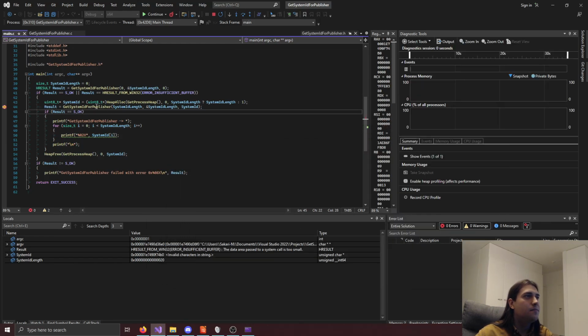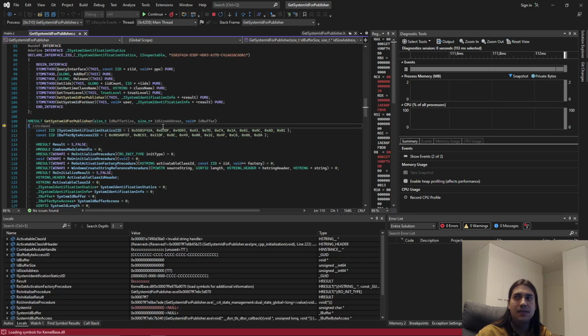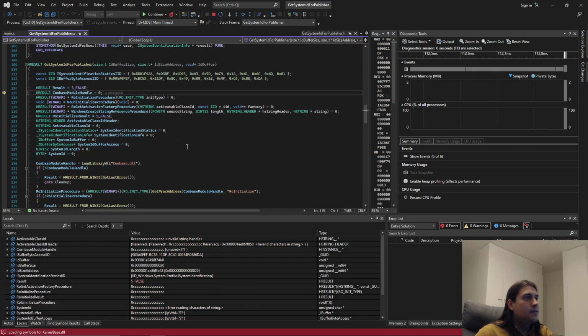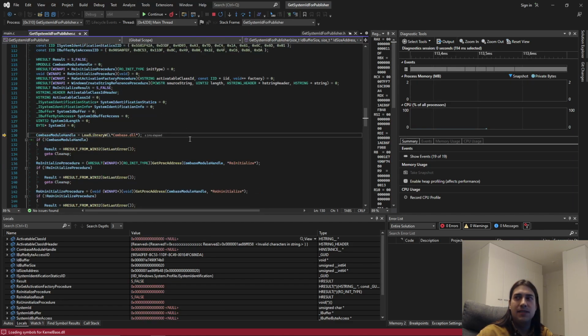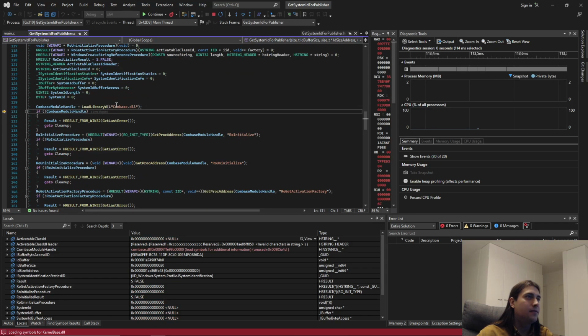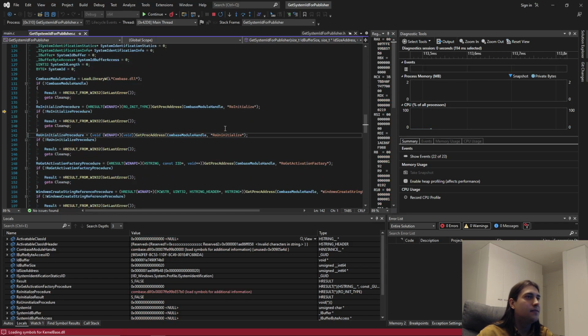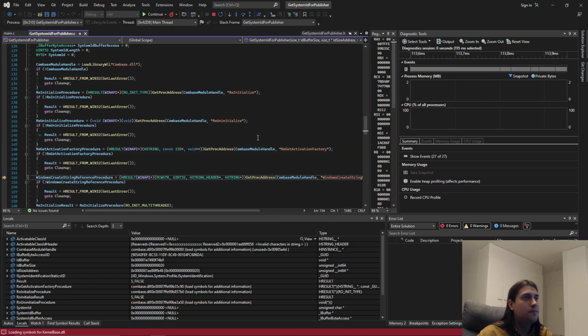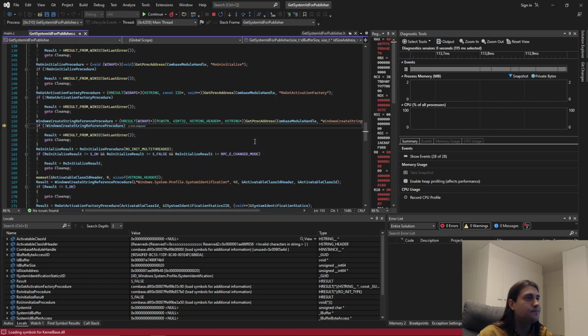So here's my wrapper function for all of this stuff. Let's step through it. Let's declare some variables, and basically I'm just going to follow the steps that I explained. So yeah, we load the combase.dll, we get the function pointers from that DLL,